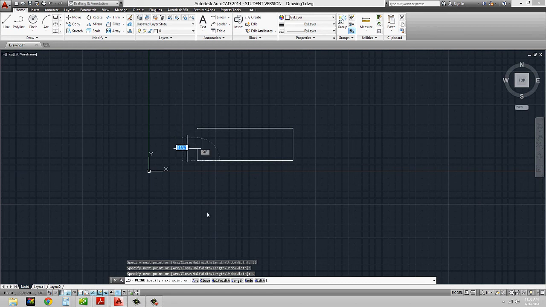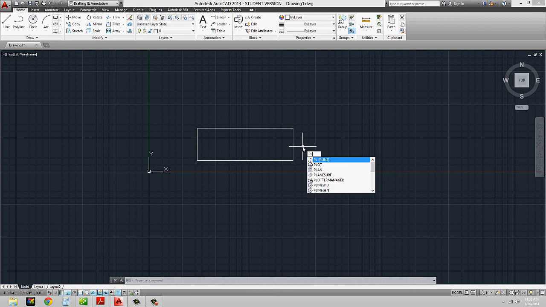Or what I can do is I can actually use what's called this close option under the sub options of this command. And what that does is no matter where your cursor's at, it will always snap it to the beginning point. So if I type in C and enter, what it does is it closes my rectangle and then it exits out of the command. Okay, to do it again, it doesn't have to be a rectangle, it can be whatever shape.